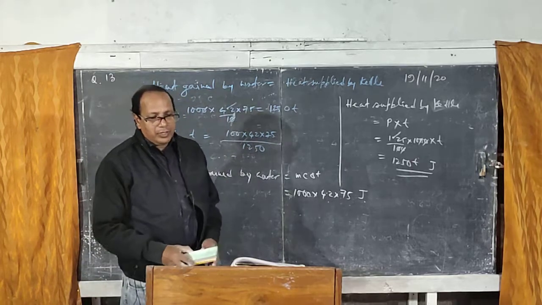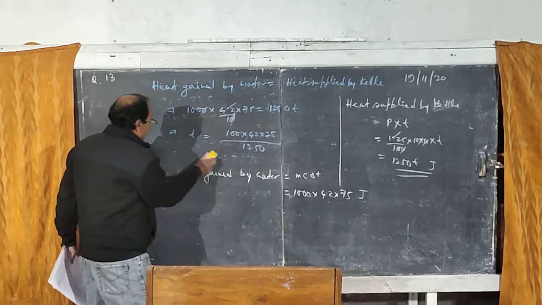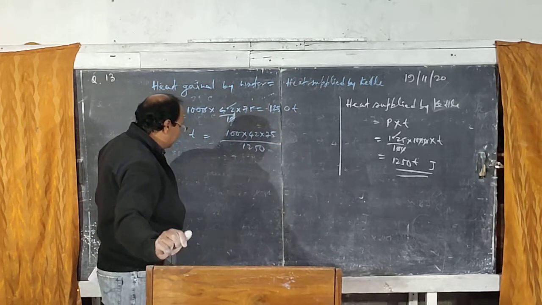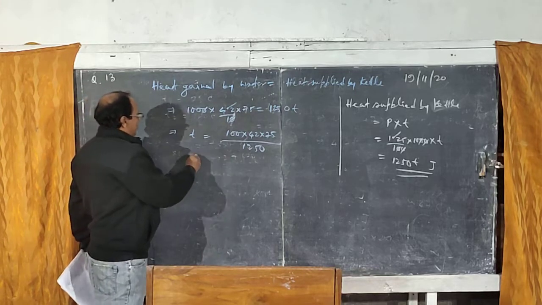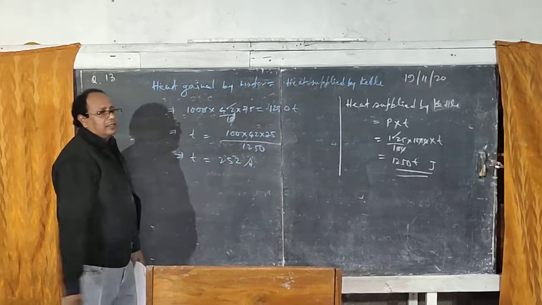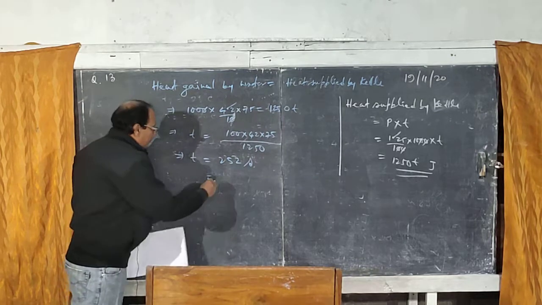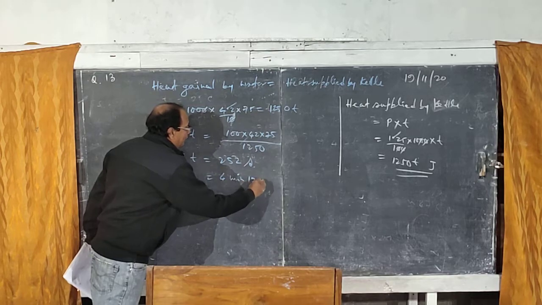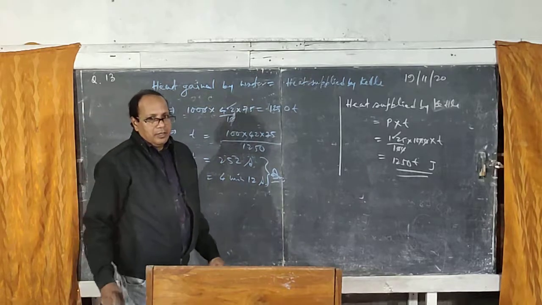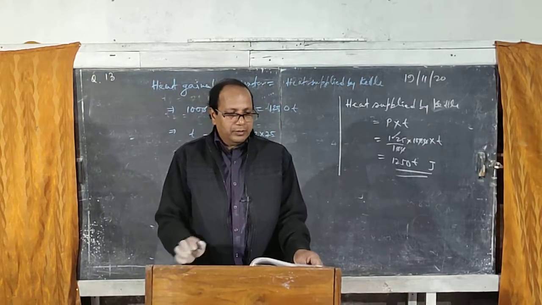Now if you calculate, I am not showing the calculation because you know how to cancel. Cancellation you must do yourself, otherwise you will be stuck here only. So T is equal to 252 second. You can write in terms of second, otherwise you can write equals 4 minute 12 second. Any one can be your answer, right? Thank you so much. If you have any doubt, let me know. Please contact me. Thank you so much.